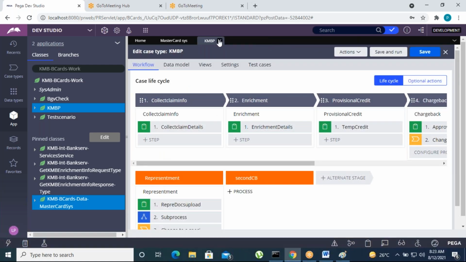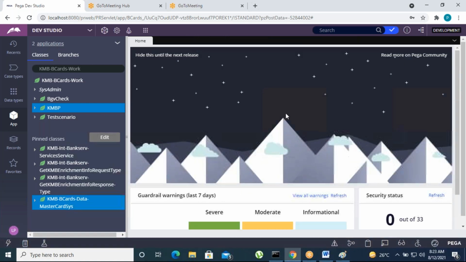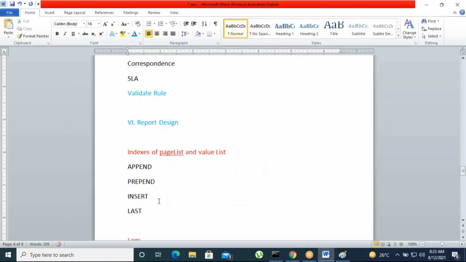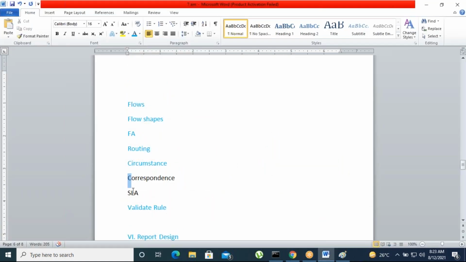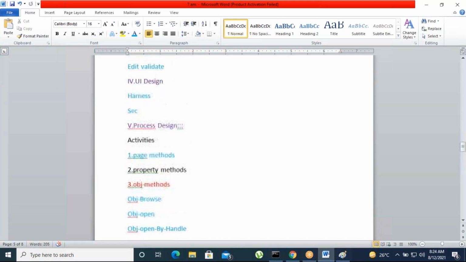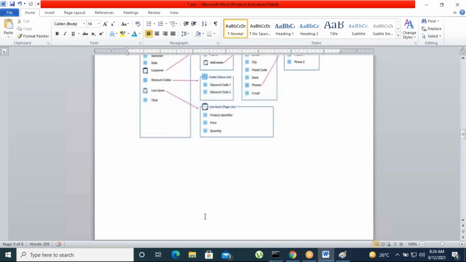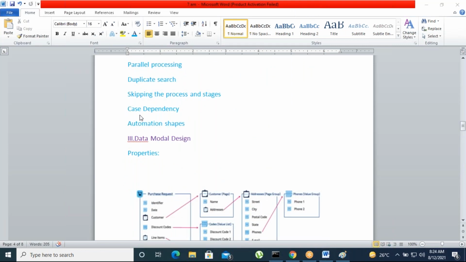I will tell you the SLA correspondence concept in your system only. Okay, so that is the last concept, SLA, correspondence and SLA. Okay, so just join tomorrow, and Saturday also we'll take the class, and if any pending classes will be there, and many pending concepts will be there, we'll discuss that Saturday. If it is possible, if any doubts, then I will take Sunday also, if you want any extra classes for doubts and all.